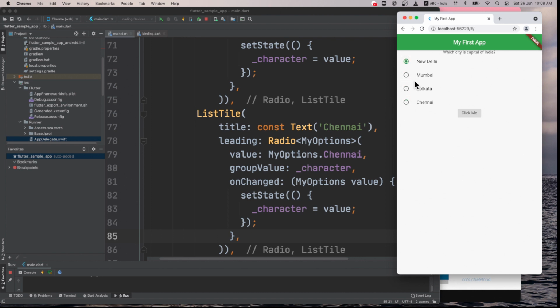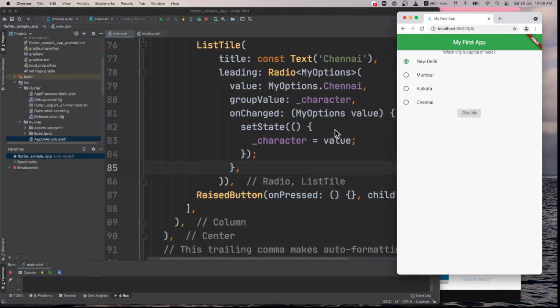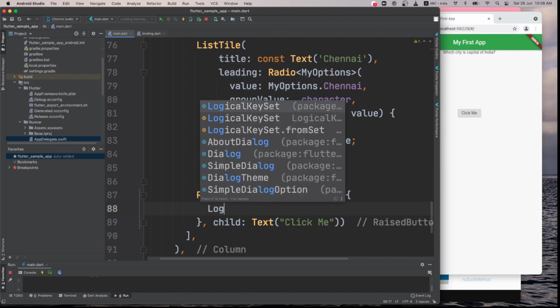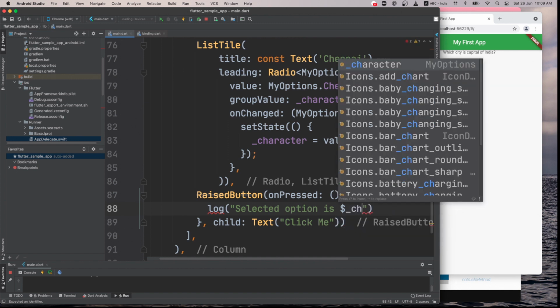Now we save it, and we can see they are enabled, which you can modify. Right now on click of this, I want to see which option has been selected, so that we can see if it's correct or not. So here we will just log it, log is small log, and we can say selected option is, and dollar, the value here, underscore character.